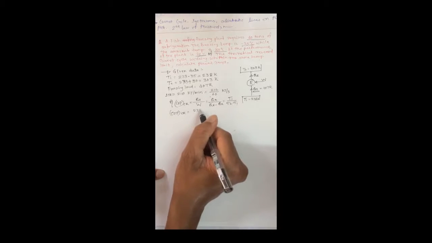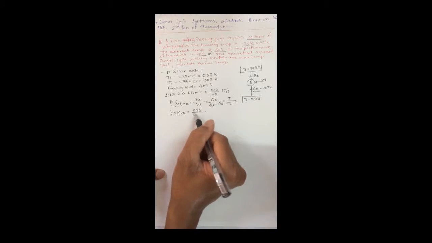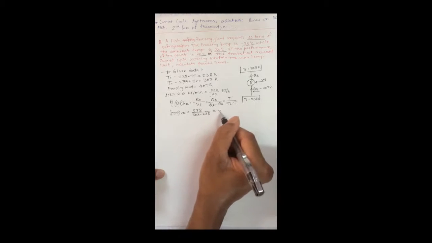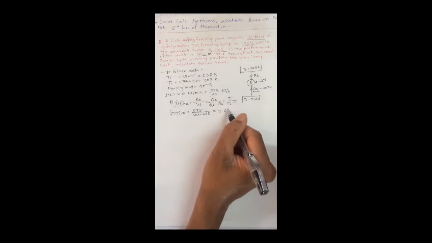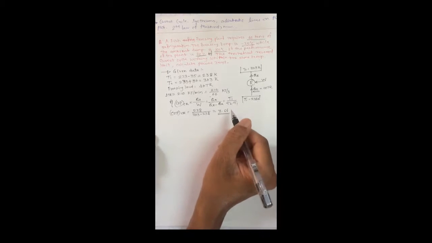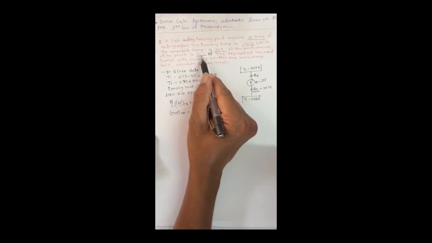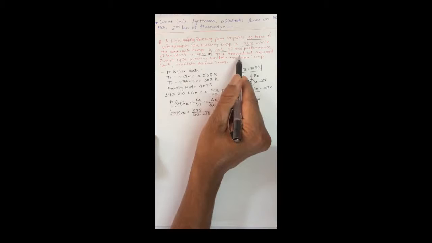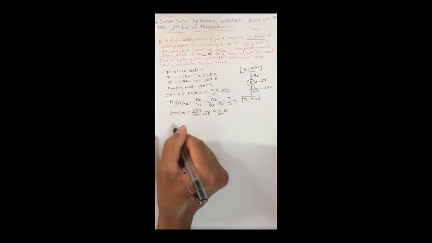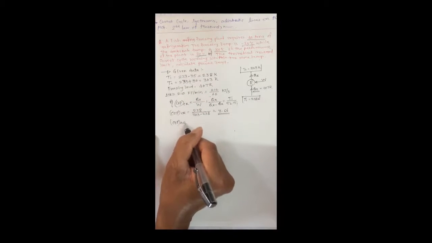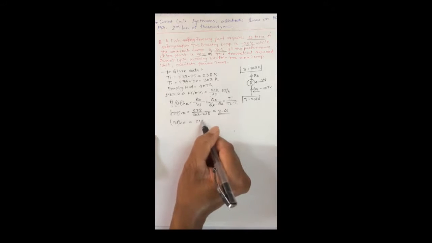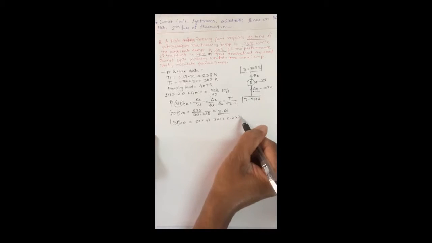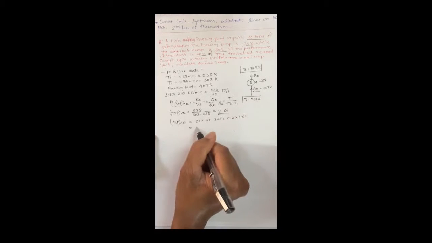So T1 is 238, and T2 is 303 minus 238. After calculation this will be 3.66. So what is the condition they have given? They have given that the performance of the plant is 20% of the theoretical reverse Carnot cycle. So the COP of the actual cycle will be 20% of 3.66, which is 0.2 into 3.66,